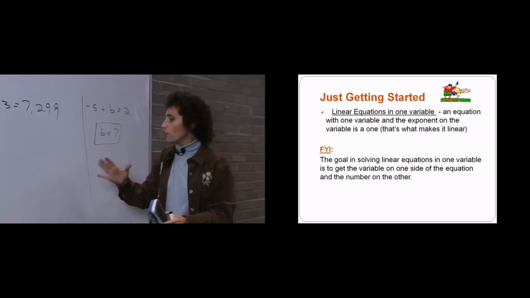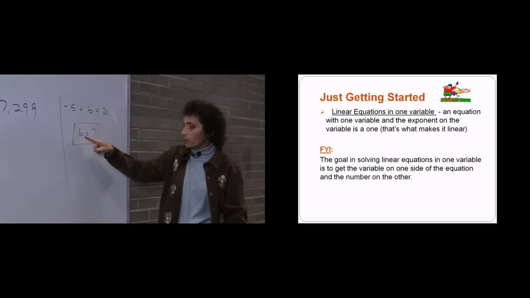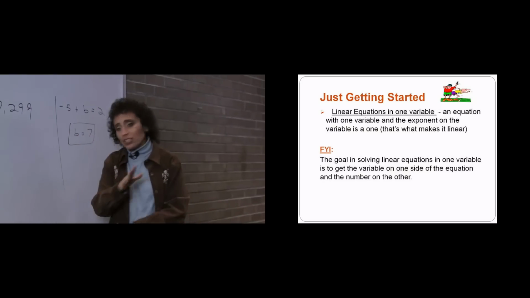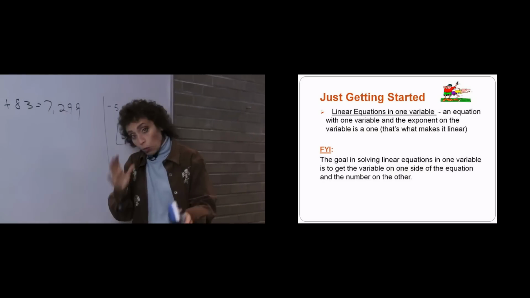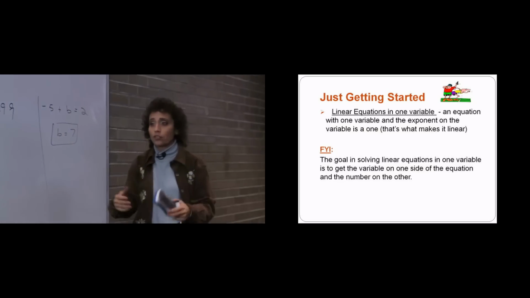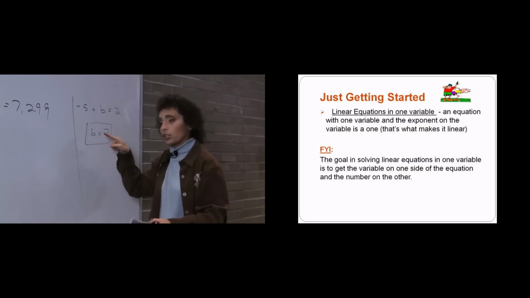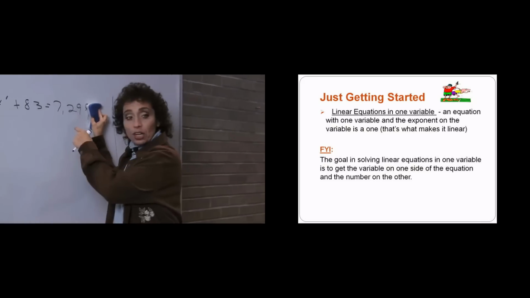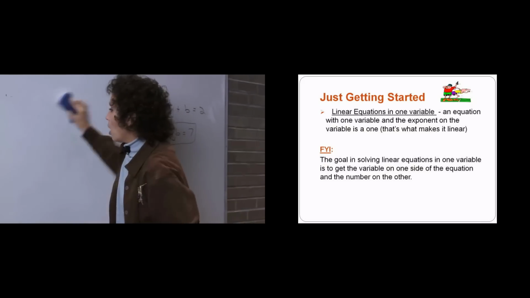When we solve linear equations, the object is to get the variable on one side equal to the number on the other. A lot of people teach this a lot of different ways. If you know a way that works, fine. If you're not sure about a way, you may want to do it the way we're going to do it in class. But that is the goal, to get the variable on one side and the number on the other. So let's take a look. No, I'm not going to solve this now. It's too hard.